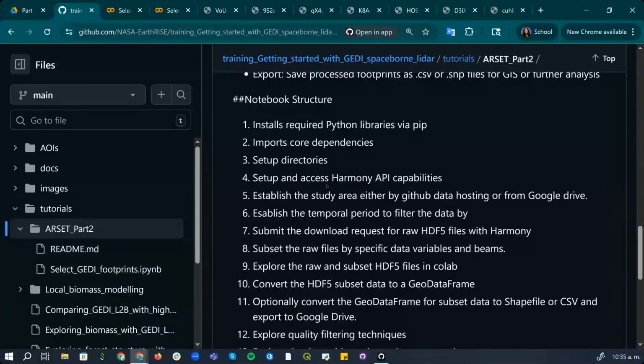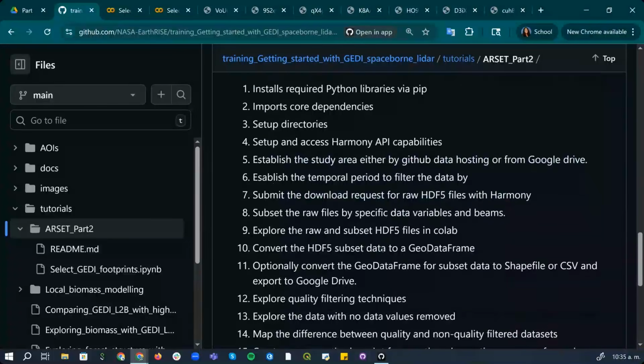We'll get access to the NASA Harmony API capabilities. We'll set up our study area, and I'll show you a couple ways to connect your study area data. Establish your temporal period to filter GEDI by, and then we'll go ahead and execute downloading the HDF5 files with